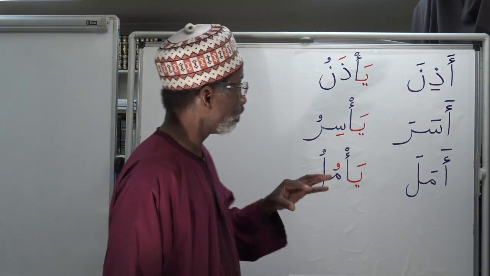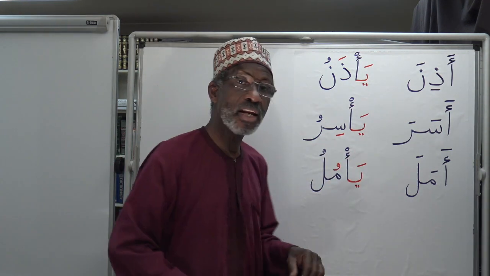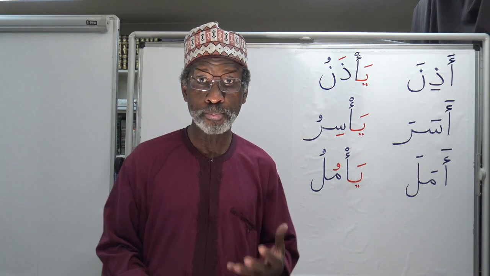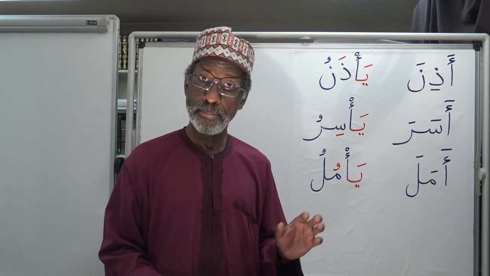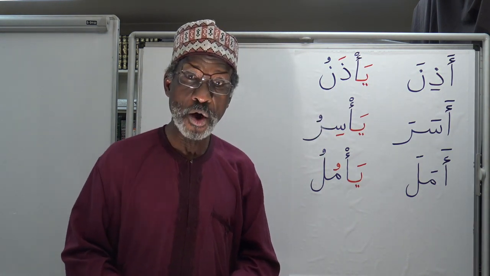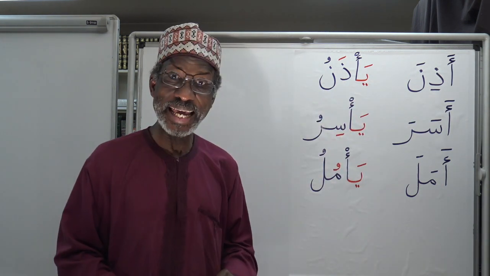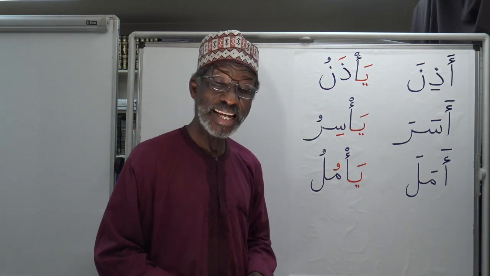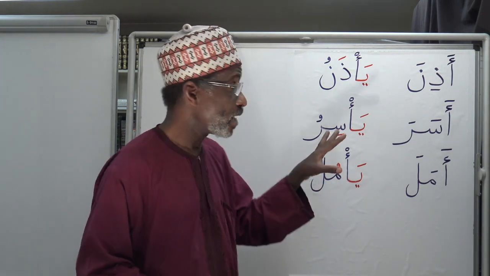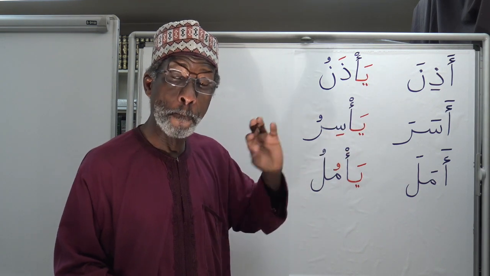First of all, on what basis did I choose these particular 3 samples? Let's see. Adhina means he permitted or allowed. That's the verb to allow or to permit. Adhina, he permitted or allowed. Ya'dhanu, that's the present tense. He allows or permits. Now, the second root letter in the present tense here has a fatha. Ya'dhan, there is a significance for that. There is a reason for that. The reason I am emphasizing this is because there is an implication when we are dealing with the imperative, as you will